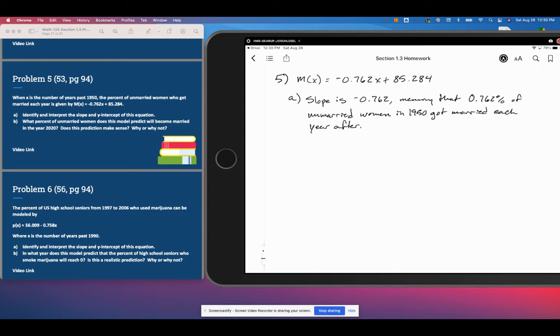So that equates to about a little bit less than one woman out of 100 women would have gotten married each year after 1950. So the y-intercept in this case, everyone, is